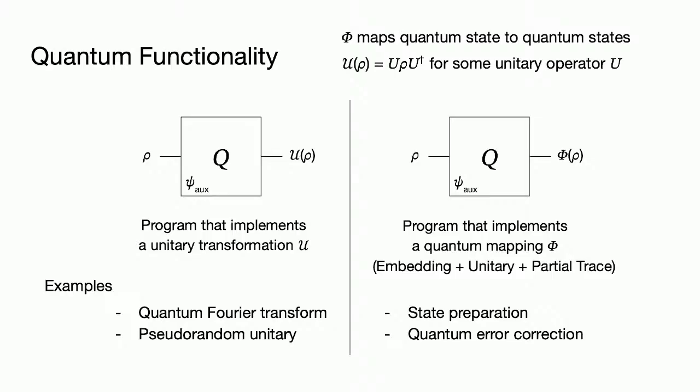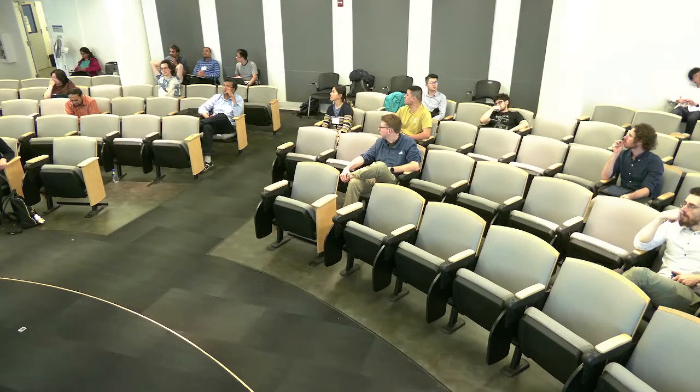Yeah. I think the existing PRU constructions cannot be implemented just using unitaries. The circuit that implements PRUs actually involves adding ancillas and then tracing out. Yeah, so